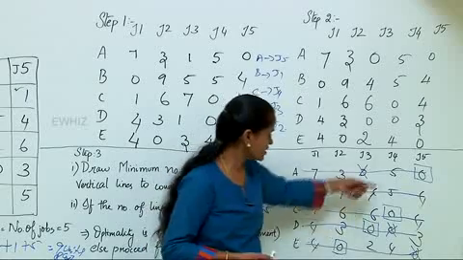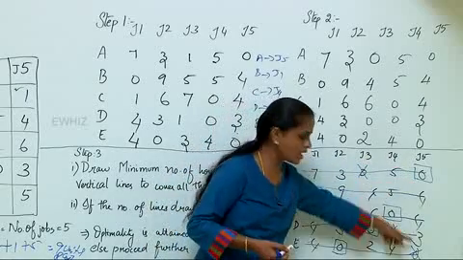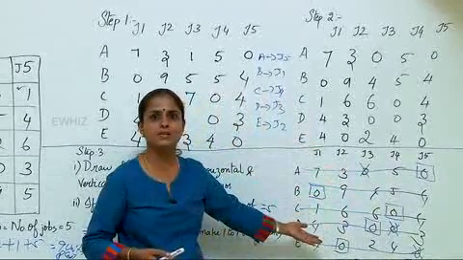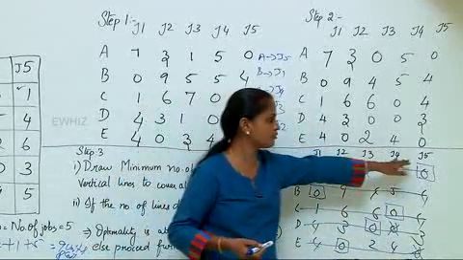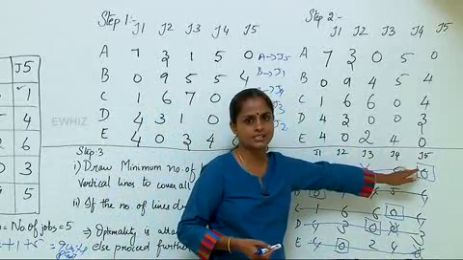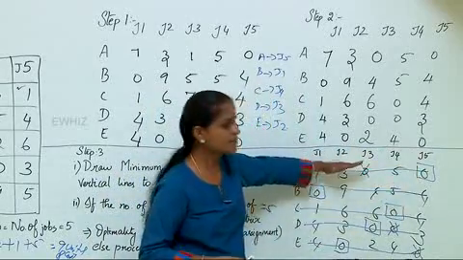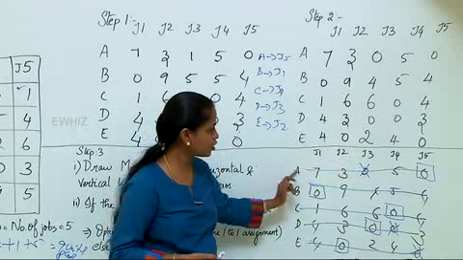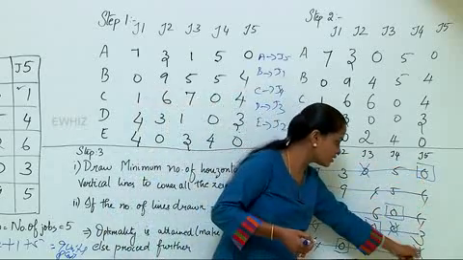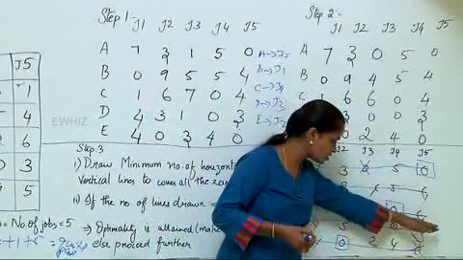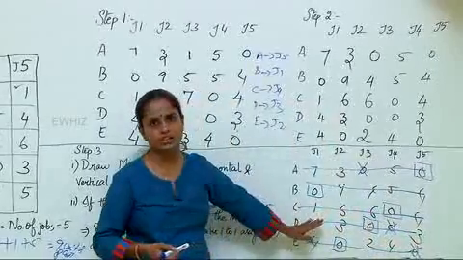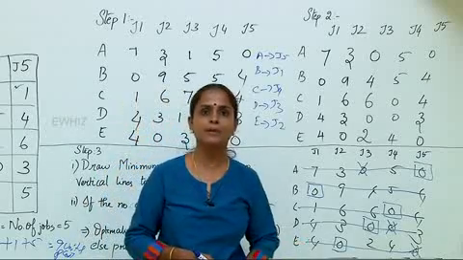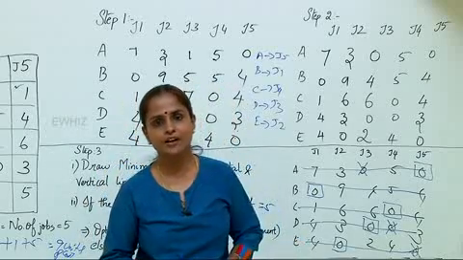For example, see here, this column also has two zeros, right? But anyway, forget about this problem, because here the minimum number of lines drawn is equal to 5, the order of the matrix. Optimality is reached at 10. If not, suppose the minimum number of lines drawn happens to be 4. The 4 can be obtained either by drawing a vertical line covering two zeros or a horizontal line. The pattern may differ. The ticking algorithm gives us a better pattern which reaches optimality faster.